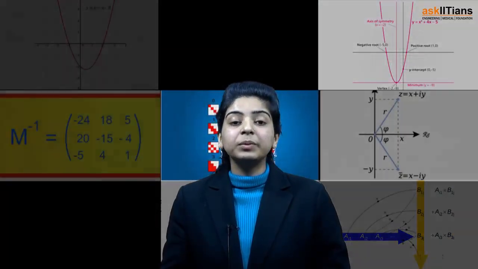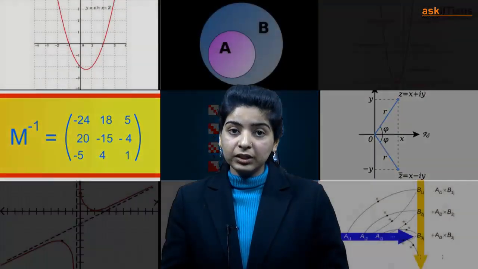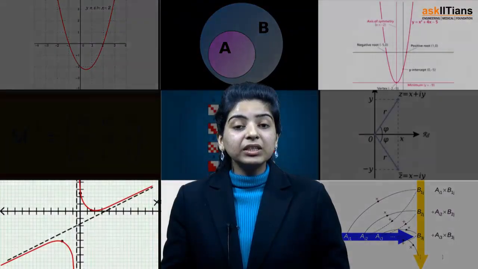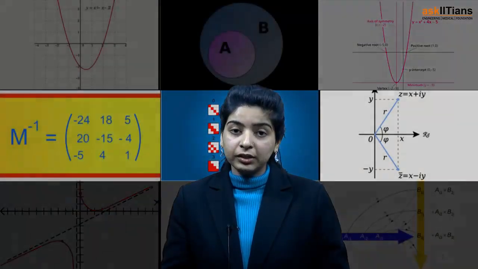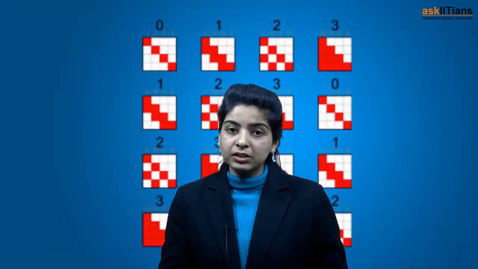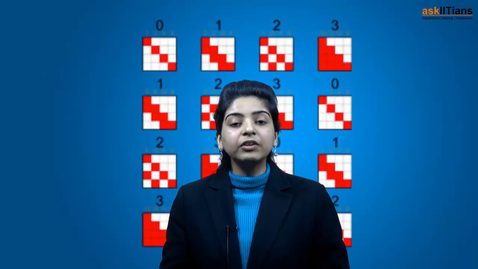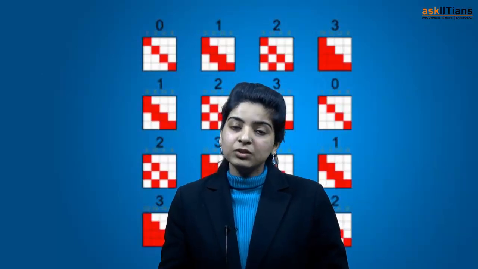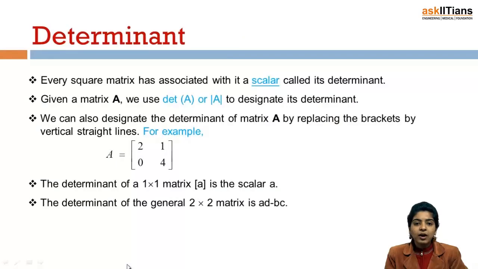In this session, we'll be discussing the concept of determinant. You'll get to know that determinant is basically a scalar quantity. Then we'll discuss how to evaluate the determinant of a 2 cross 2 matrix, and then we'll switch to a 3 cross 3 matrix. Finally, we'll be discussing the various properties of determinants. So let's begin. So we now have a very important concept, which is the determinant, right?